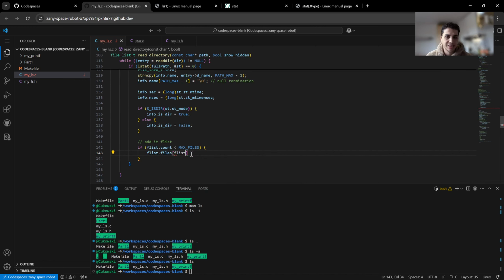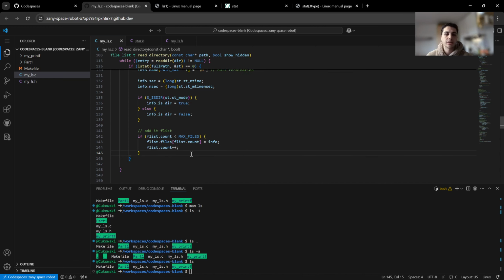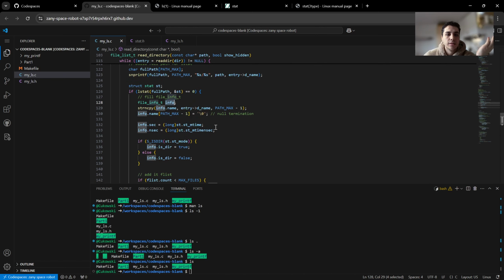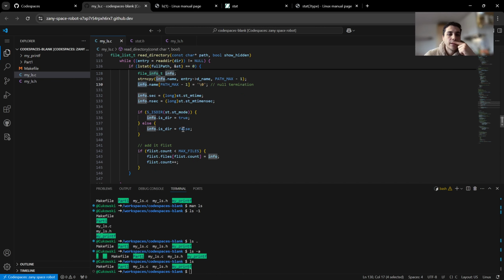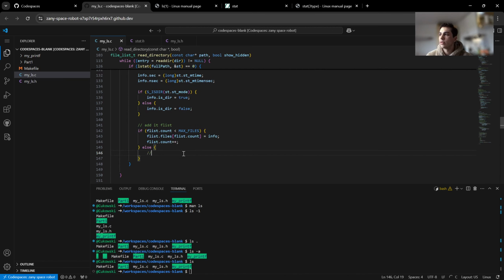File list dot count is the info, and with flist.count we are implementing the count of the file list. So basically we are getting the file info, we are saving the time, hopefully, and the name into our info, and also we are getting if it is a directory or not, and we are adding it to our file list, and else we will say we